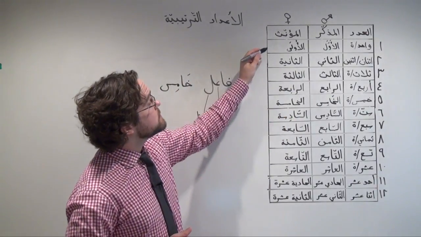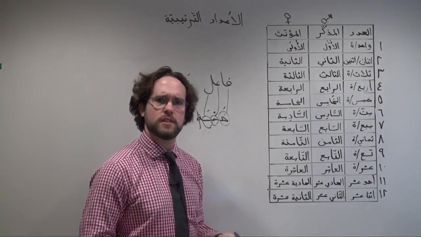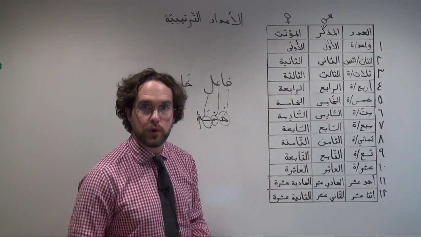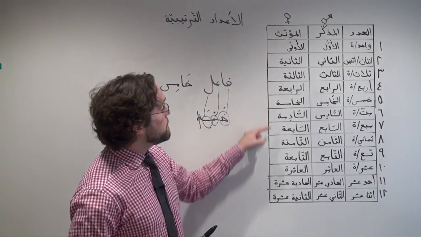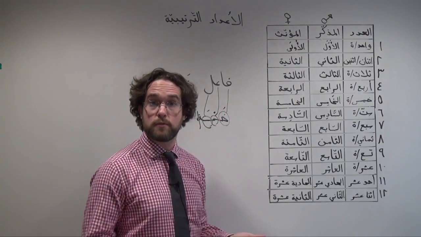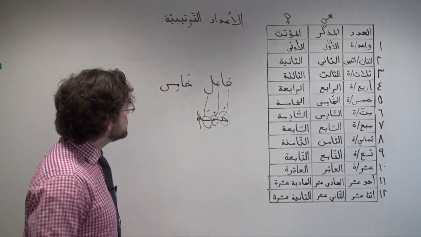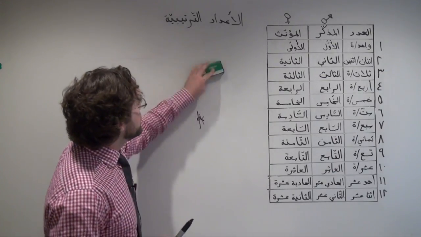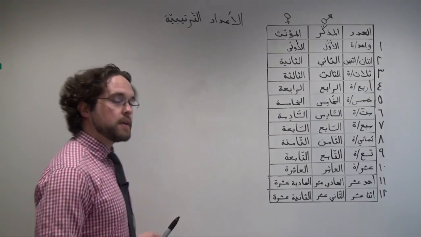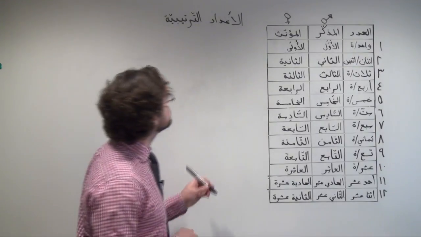That's another thing. Since these ordinal numbers are all adjectival, right? They function essentially as adjectives, the 3rd book, the 4th table, etc. They can be feminine. They can have feminine endings when we're referring to something feminine. So let's take a couple of examples. If we wanted to say